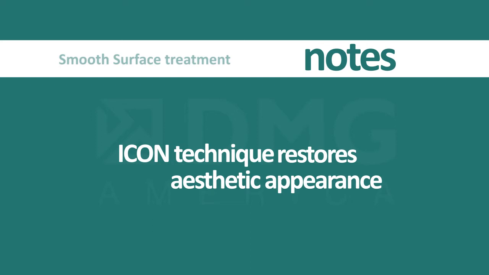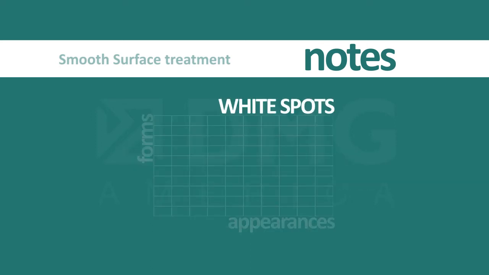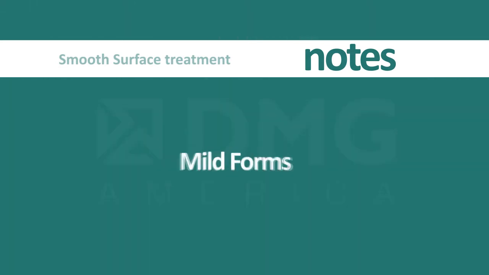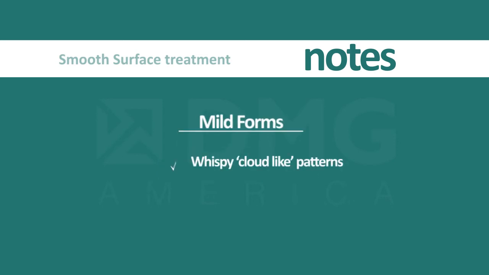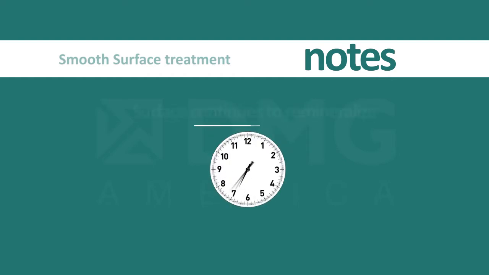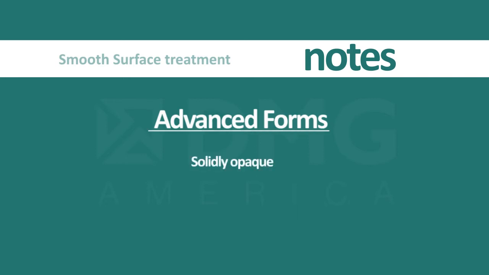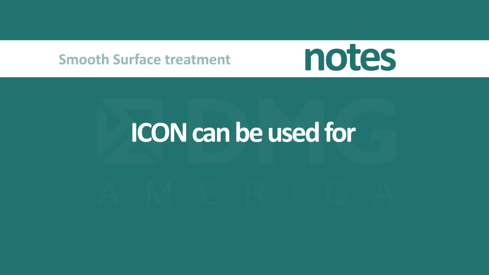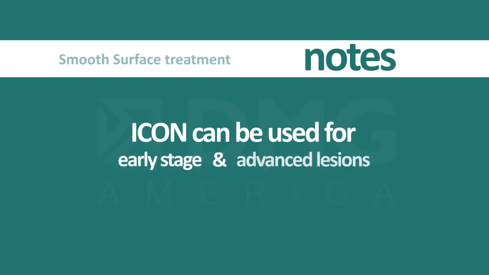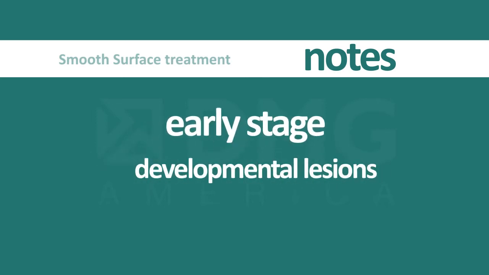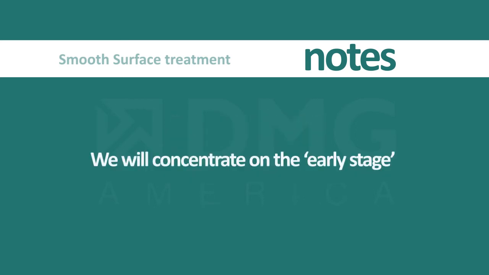White spots on the smooth surfaces of teeth after orthodontic treatment present in various forms and appearances that are within a range. Mild forms will present as wispy, cloud-like patterns that are somewhat translucent in appearance. Over time, as the surface layer continues to remineralize over the lesion, they become more advanced and may appear solidly opaque and may exhibit a solid and dense white appearance. Icon can effectively be used for both the early stage and advanced lesions. Since the early stage wispy type lesions are the easiest to differentiate from developmental lesions, we will concentrate on those